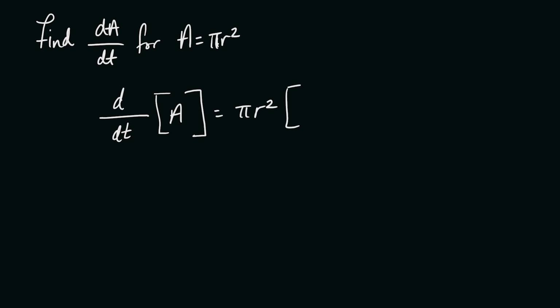Well, d over dt of pi r squared, right? And in this case, since A here is by itself, we can just write dA over dt